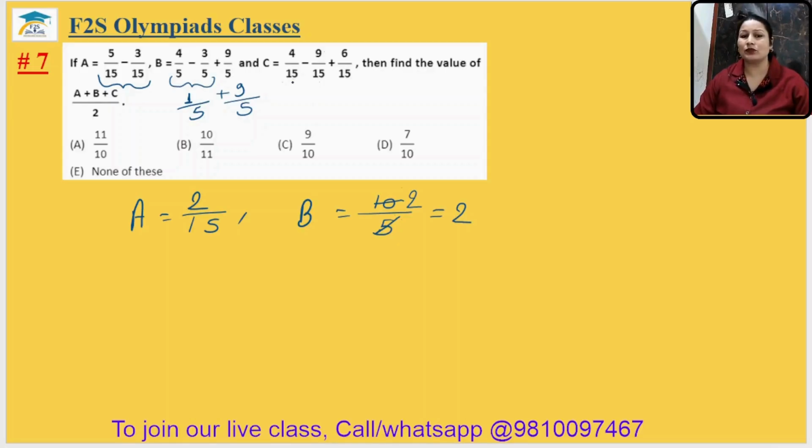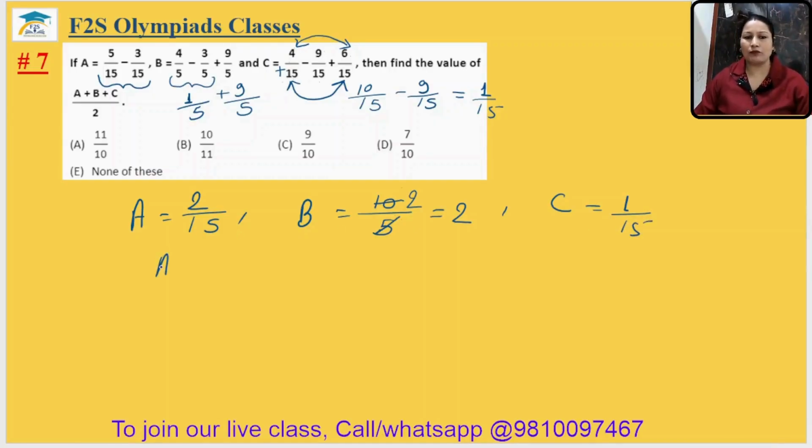So we will just do the addition first. We will add these two, because if on the left of this number there is no sign mentioned, it means it is plus. So this is a positive number, this is a positive number. So first add these two. It will be 10/15 and minus 9/15. So it is 1/15. So C will be equal to 1/15.